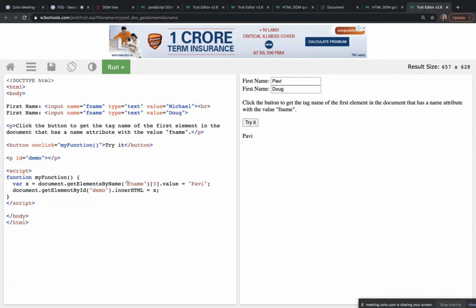So what I wanted to say from here is there is another selector, get elements by name. By using this, we can access the input elements which have the name we give here, and it will also be stored as an array, so we can access it by its index position, as of 0, 1.